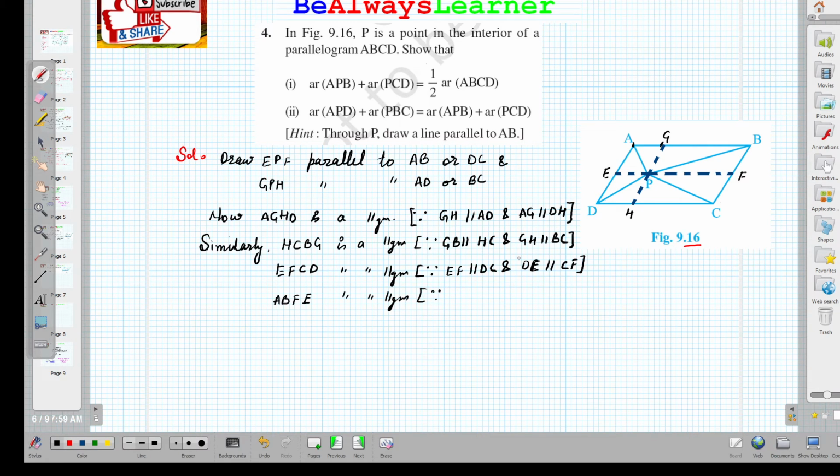Reason: ABFE, this one, तो इसमें AB पैरेलल रहेगा EF के एंड AE पैरेलल रहेगा BF के। आप रीजन दे भी सकते हो, अदरवाइज सिमिलरली करके यू कैन ऑल्सो राइट इट।